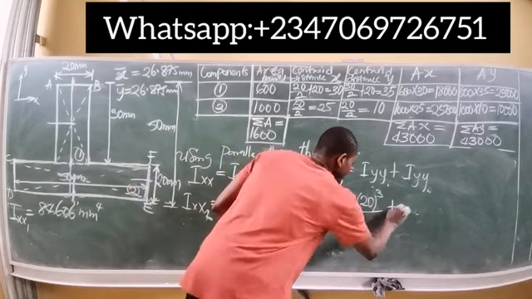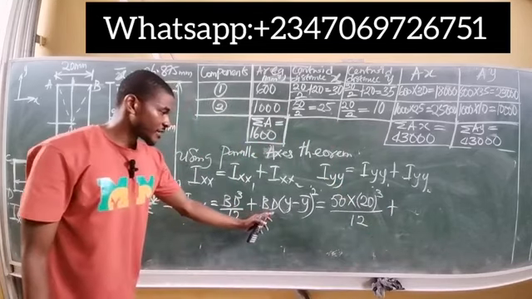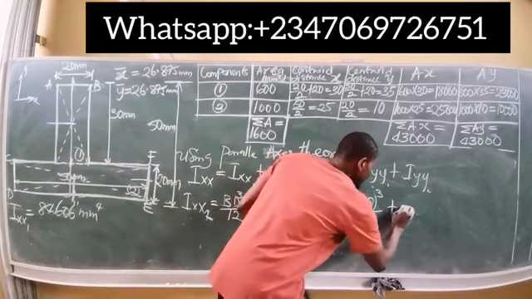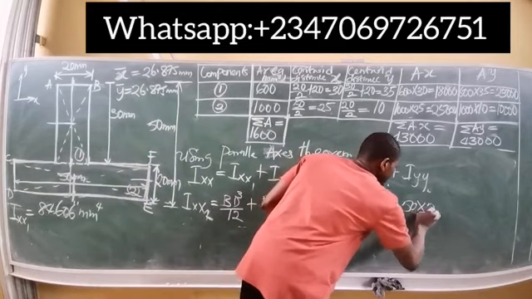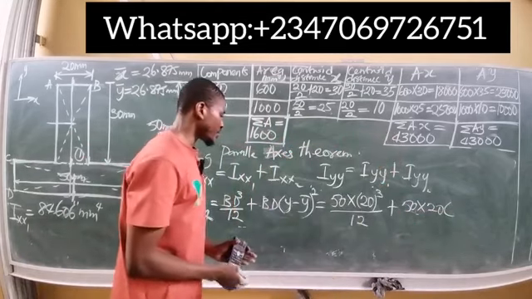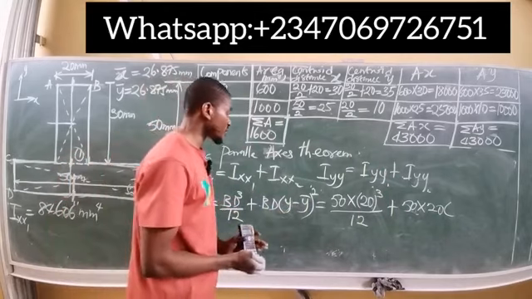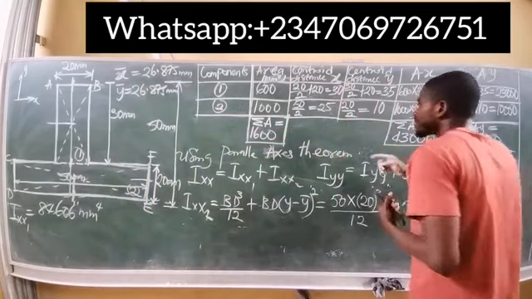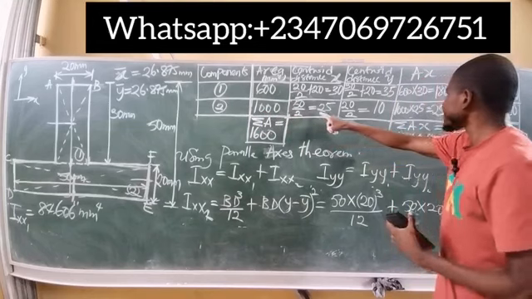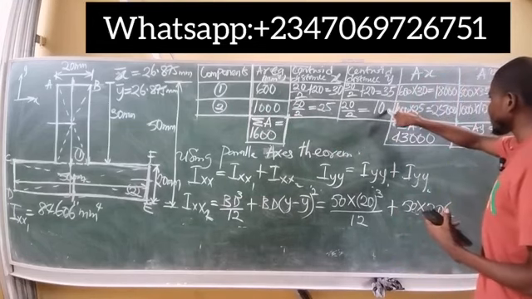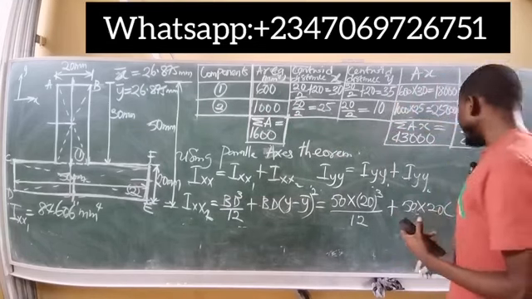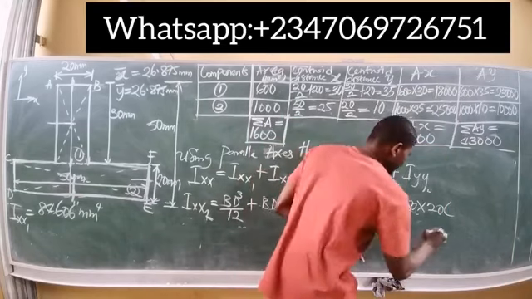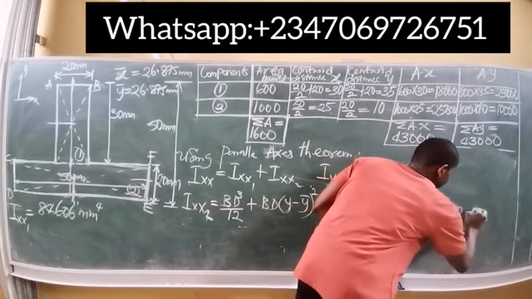Plus we have here the width times depth, so 50 by 20, multiplied by y minus y bar squared. The central distance y for the second segment, this is the second component, is 10. So it becomes 10 minus